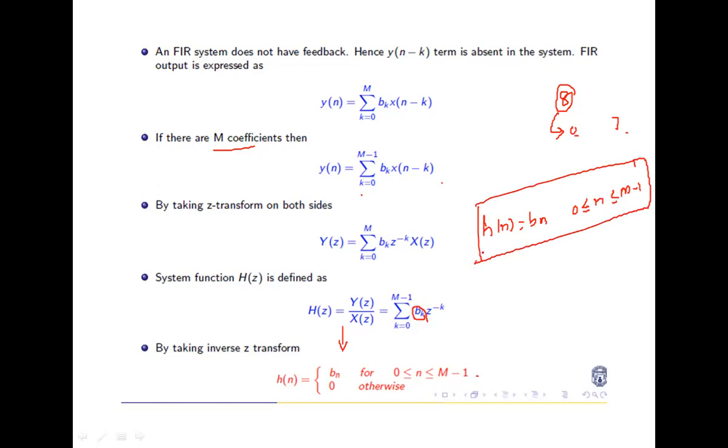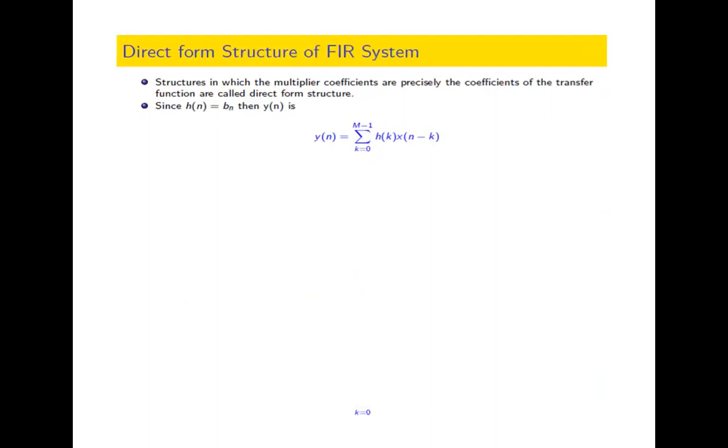Okay, so let us understand its realization part. There are again different types, like the direct form structure of FIR system. In this direct form structure, the definition is: the structure in which the multiplier coefficients are precisely the coefficients of the transfer function. That means if they are coefficients of the transfer function, like h of n, then